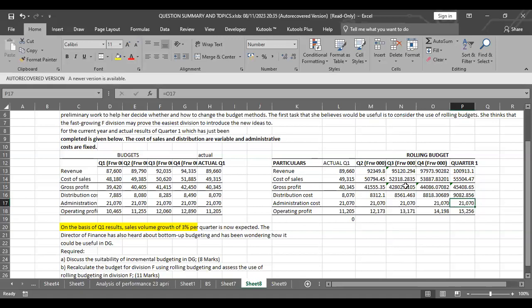So this is what it will be for the rolling, and you get your 11 marks, and you can explain a rolling budget. Of course, its benefit is that it captures and updates the budgets based on the changes that are likely to be realized, and that makes it more accurate, or more updated to the trends of the changes that are being realized at particular intervals.